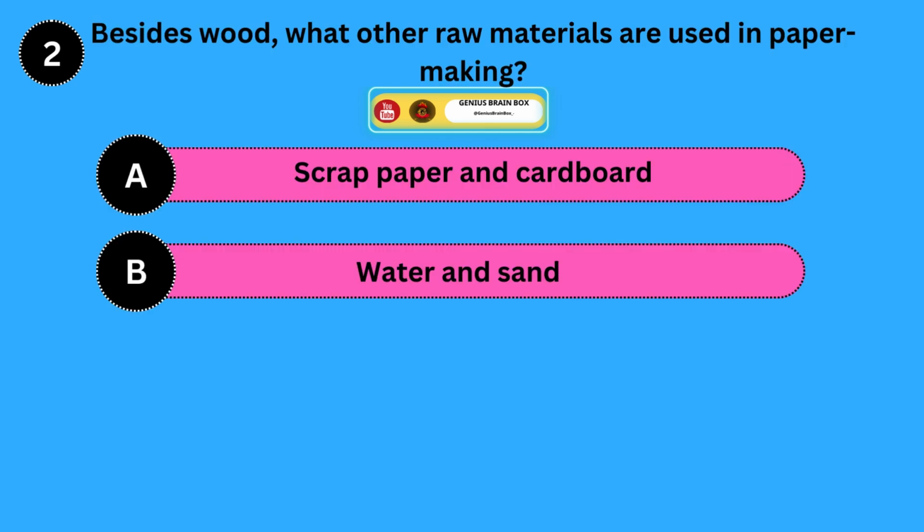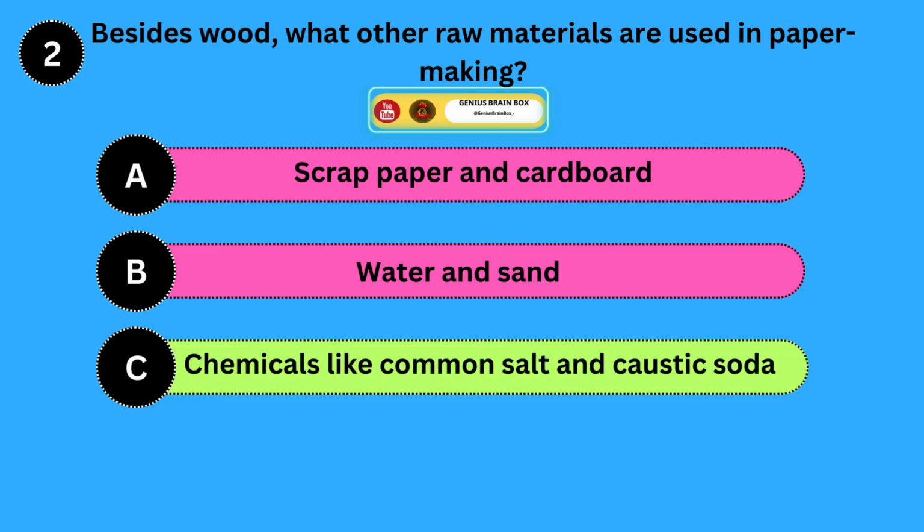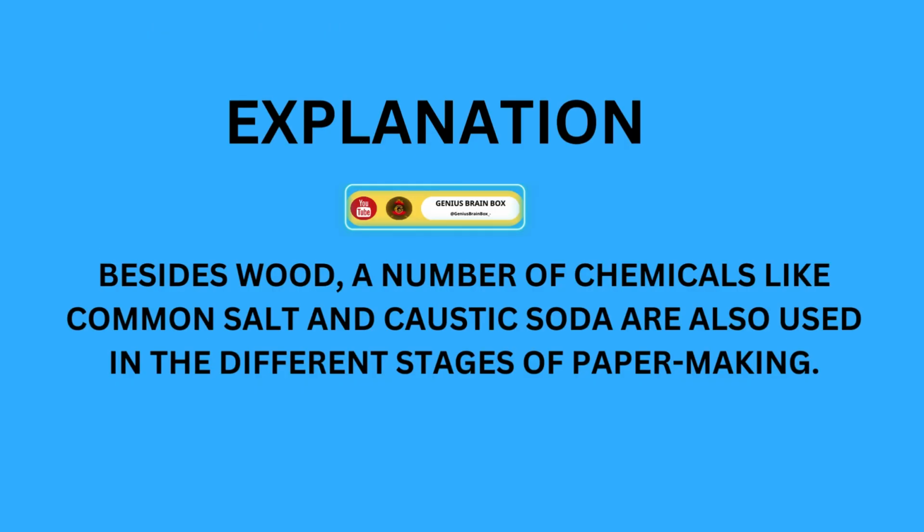Besides wood, what other raw materials are used in papermaking? Option A. Scrap paper and cardboard. Option B. Water and sand. Option C. Chemicals like common salt and caustic soda. Correct answer is... Explanation. Besides wood, a number of chemicals like common salt and caustic soda are also used in the different stages